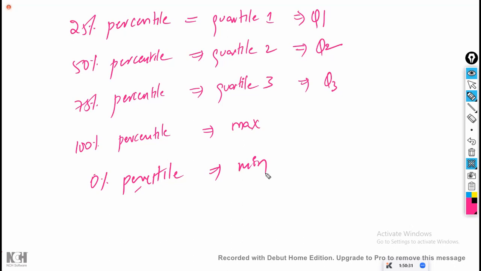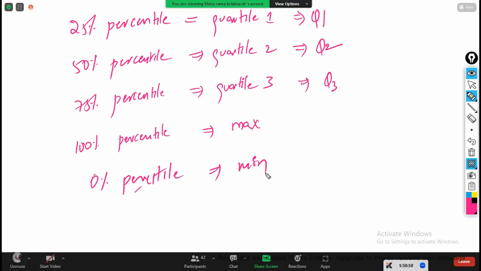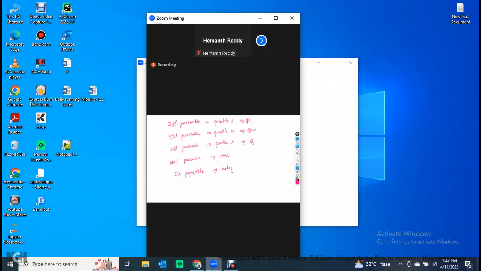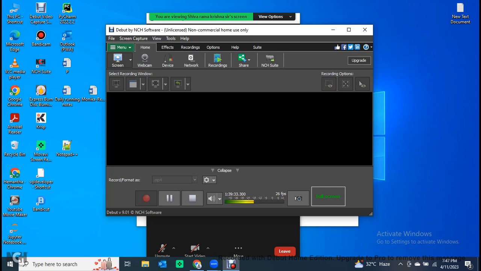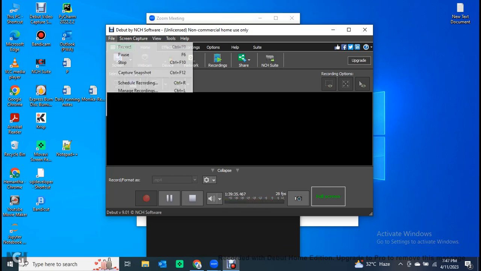Okay, sir. We have understood percentile. Now, what is the use of this? That is most important. Why do we have to calculate percentiles, and what is the use of percentiles and quartiles? That will continue in tomorrow's class. Is that clear? So just revise whatever we have discussed till now, and tomorrow we'll end the complete descriptive statistics part. And once the descriptive statistics is completed, the theoretical part